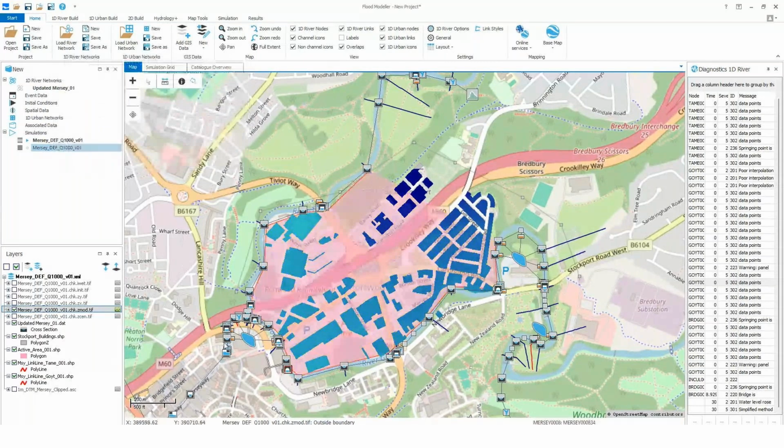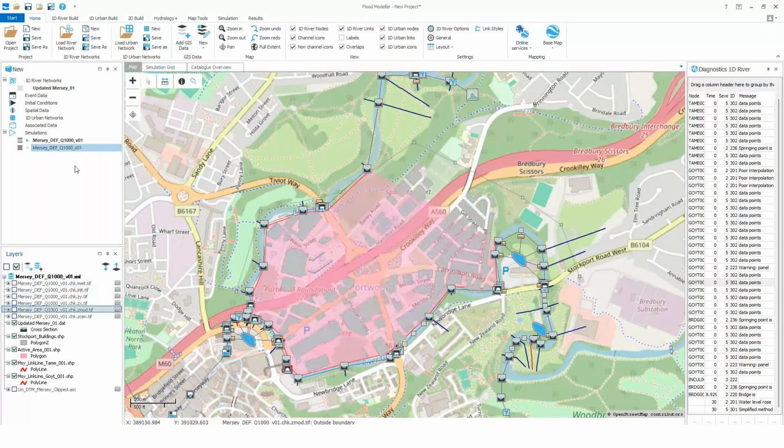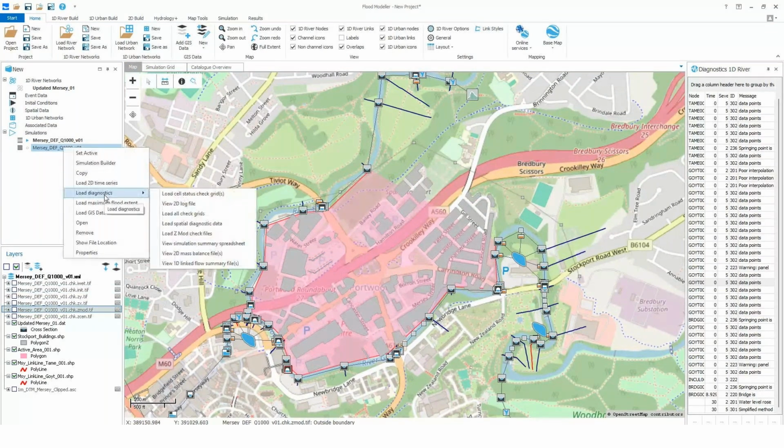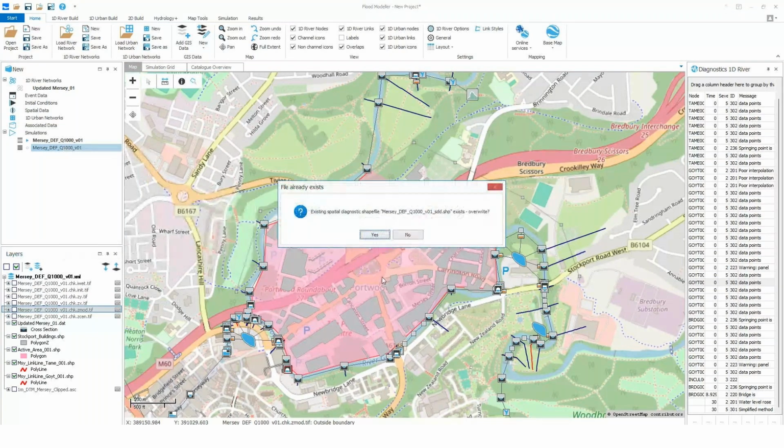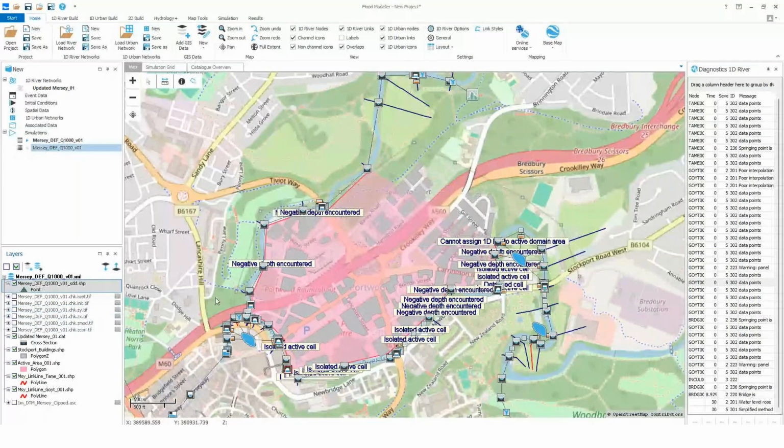We're also able to load in some spatial diagnostics, again through right-clicking on our XML, heading to load diagnostics and selecting load spatial diagnostics data. I've done this previously, that's why it's asking me to overwrite. You shouldn't have this pop up. This will then load in a shapefile with diagnostics data that helps to identify and troubleshoot issues within the simulation